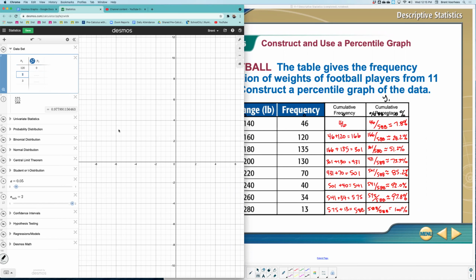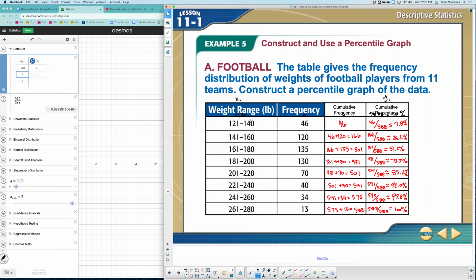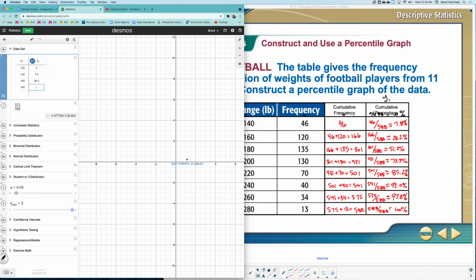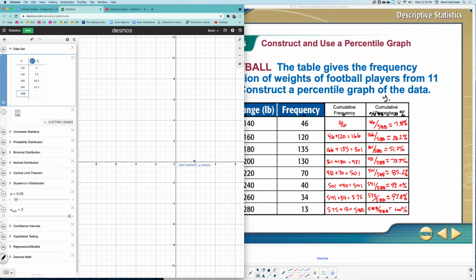From here, what I'm going to do is put in the right value going across that way. So the next value I have is a range from 121 to 140, and this happens 7.8% of the time. Then I will have the value 160, and this happens 28.2% of the time. 180 will go up to 51.2. 200 gets to the percentage of 73.3. 220